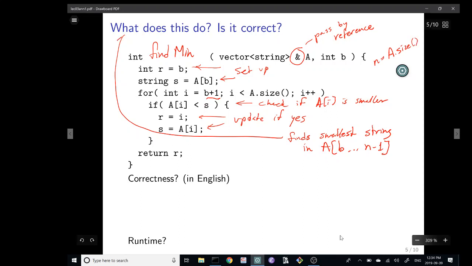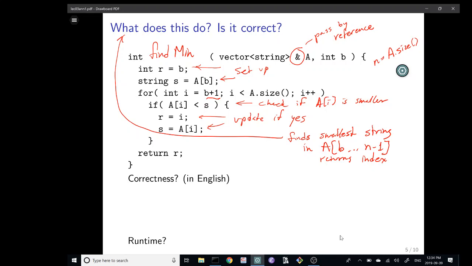So this is what it's claiming to do, and it returns the index. Use induction to see that it's moving forward.